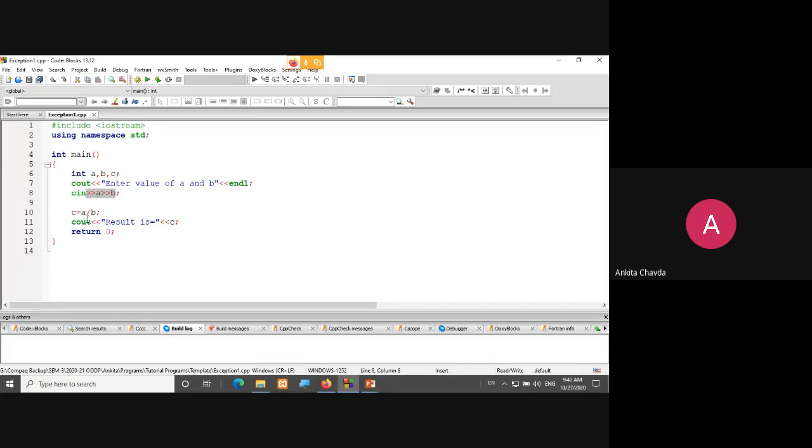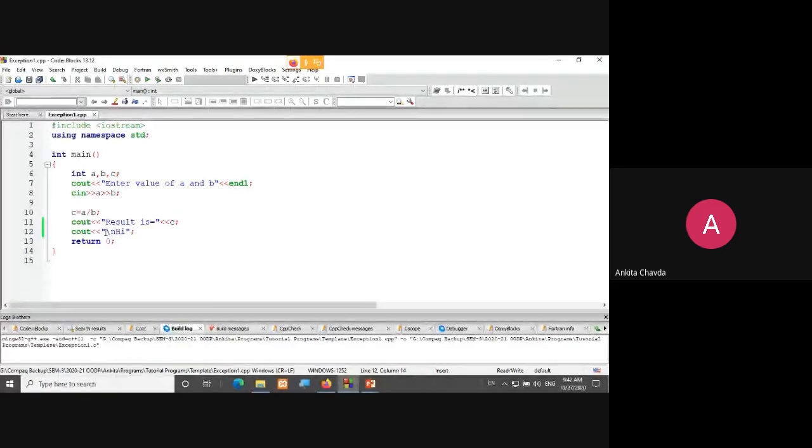And here I'm simply doing this: C is equal to A divided by B. And finally, I am printing the result. Any other lines that I can add over here?